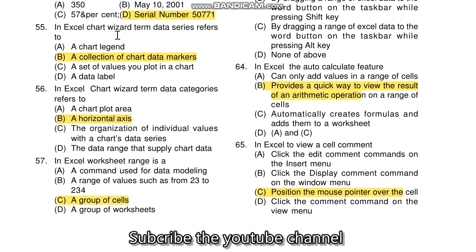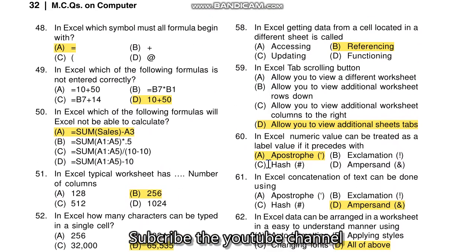55 question Excel chart Wizard term the data series refer to the a collection of the chart data marker कहलाता है। 56 question in Excel chart Wizard term data category refer to a horizontal axis कहलाता है। Question number 56 in Excel worksheet range is correct answer C a group of cell कहलाता है। Question number 58 in Excel getting